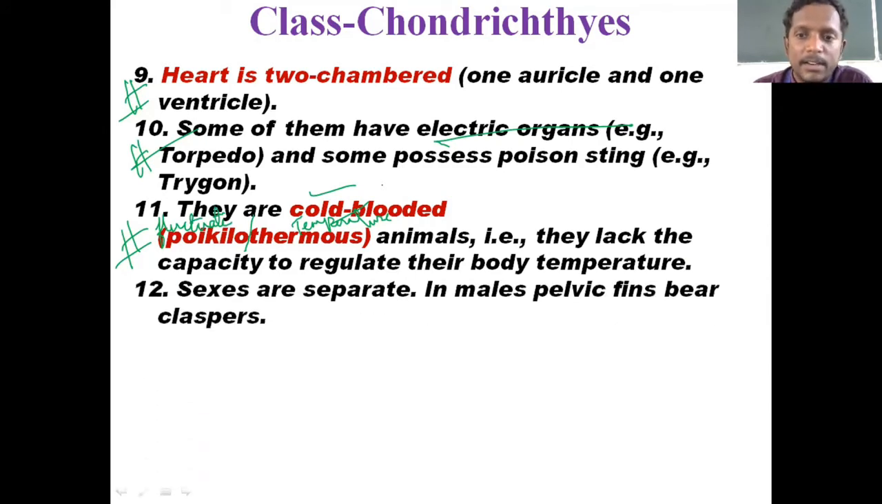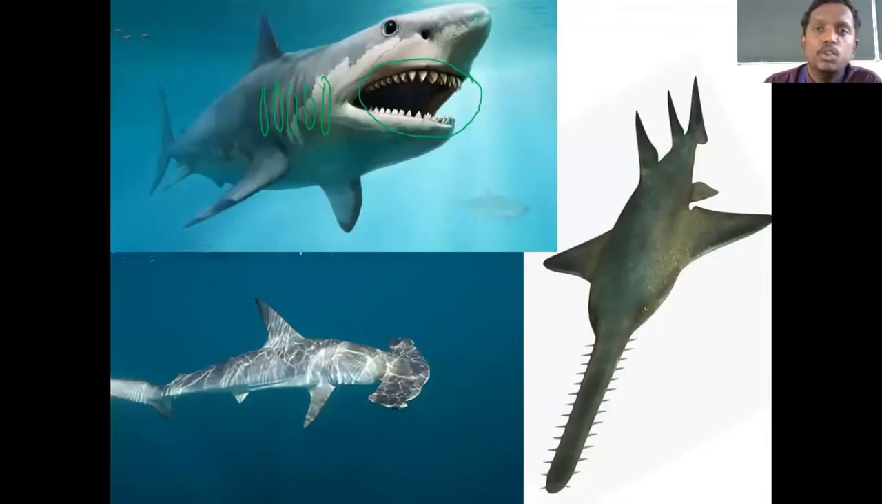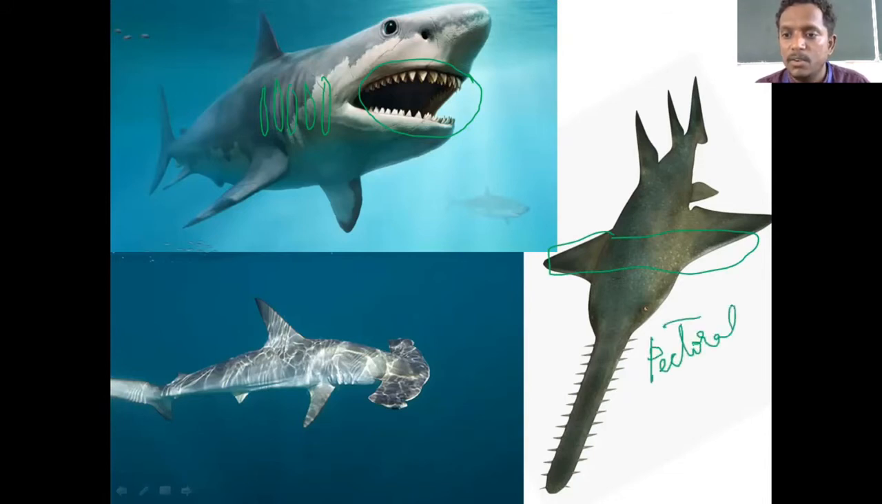Sexes are separate. In males, pelvic fins bear claspers. Males will be having claspers. So two types of fins will be there, paired fins. From now onwards, we will be having paired fins and paired limbs. Two types of paired fins are there. One is towards the chest region, we call this one pectoral fins. In our case, we are having girdles, pectoral girdles. So pectoral fins